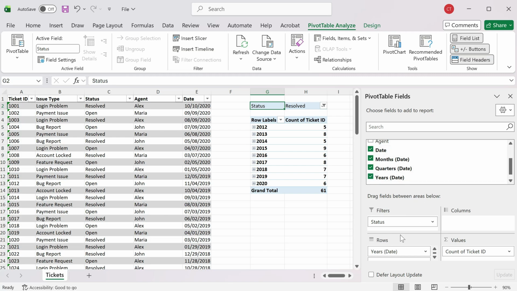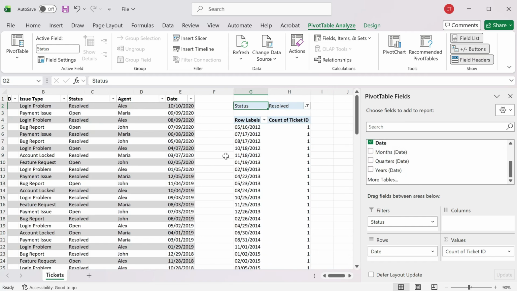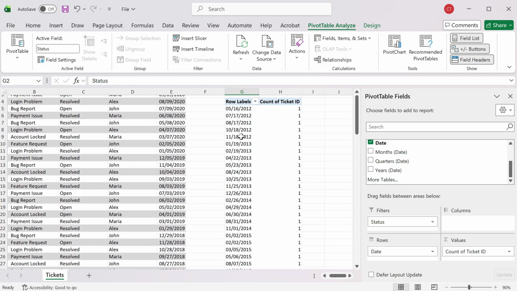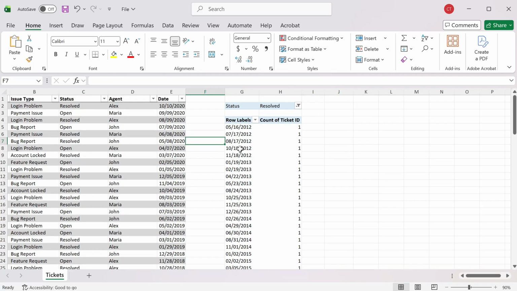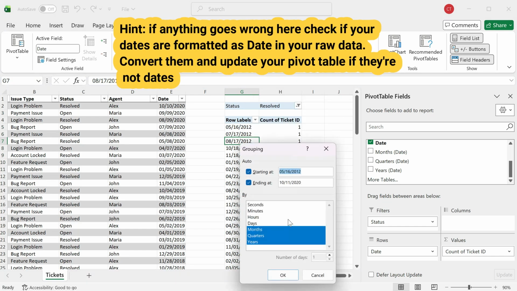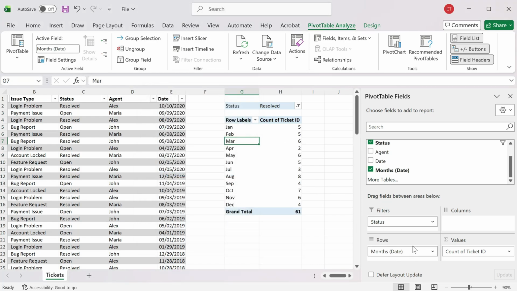However, if that's not the case, let me simulate that. If in your scenario, when you drag the date to the rows section, it just shows you all of your dates, you simply have to click on one of them, right click and select group. And from over here, from the grouping menu, you will have to select only the months option and hit OK. And what this is going to do is show me a breakdown by month,